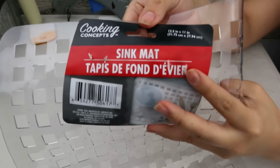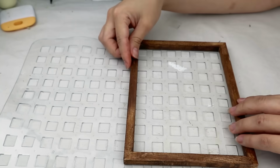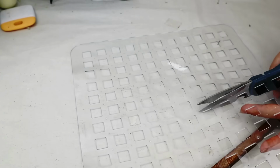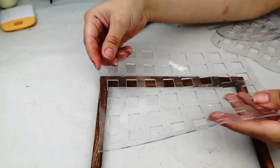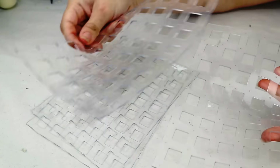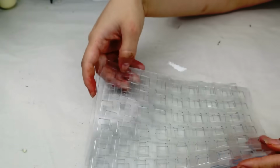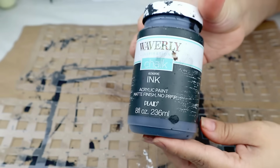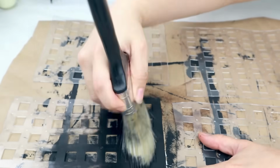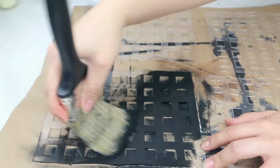Now I'm going to be using this sink mat. I get it from Dollar Tree, and I'm going to place the wood frame on the top so I can measure, mark, and then cut the sink mat the size that I need. For each mat, I can cut 2 pieces for each frame, so you need a total of 2 sink mats for this project. Once I have all the pieces cut, I will use my Waverly chalk paint in black color,